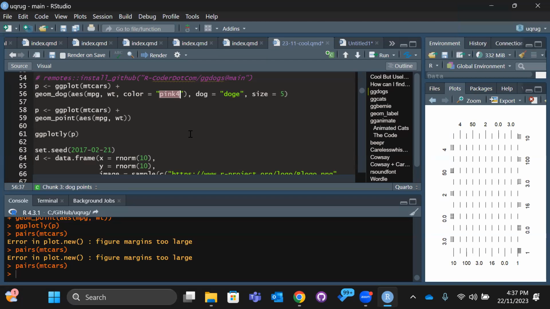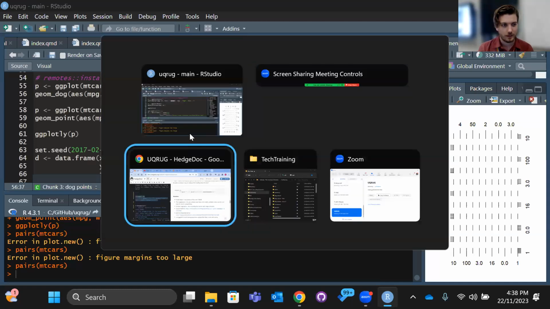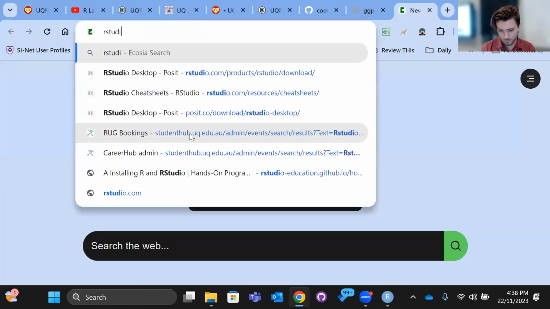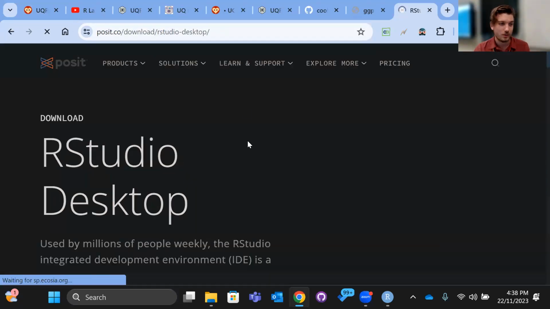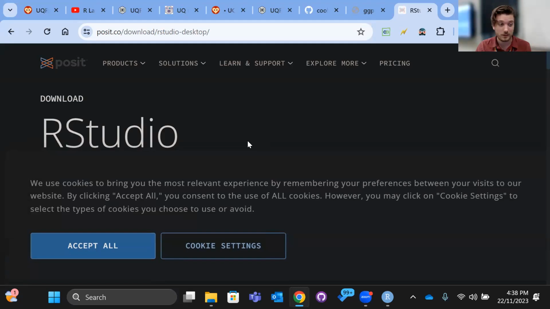But I guess, as a putting you at ease sort of thing, if you do update RStudio and something does break, you can roll back. Yeah. You can always uninstall RStudio, go to the RStudio website, get the previous version of RStudio and download that and install that. So if something does go wrong, which it doesn't do very often, usually it's pretty good.